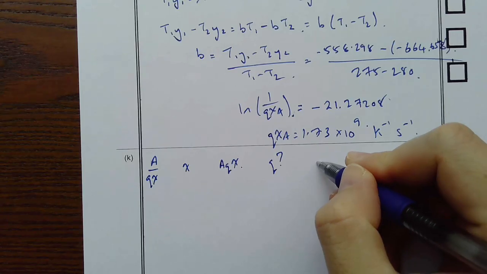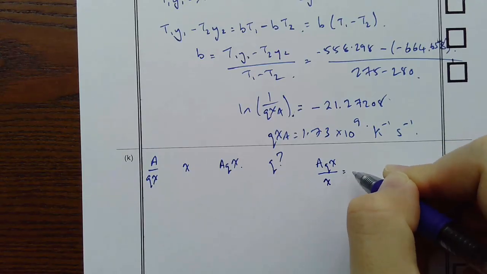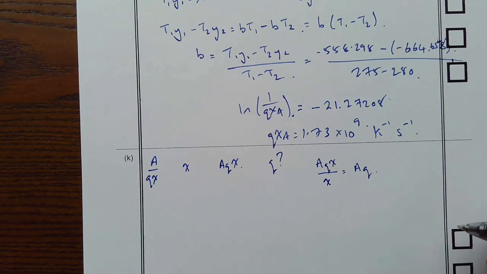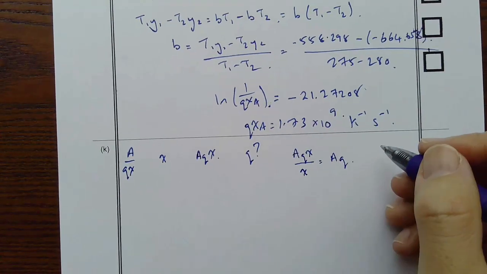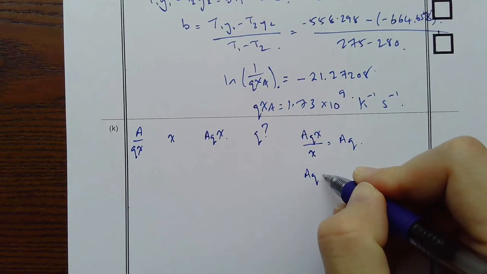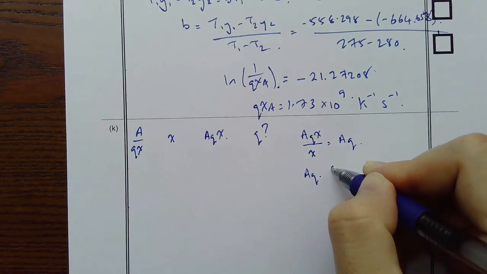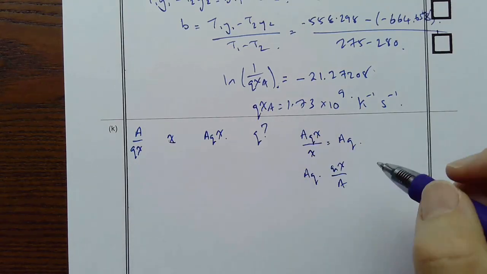Let's say if I do A Q chi divided by chi is going to give me A Q. I need to get rid of the A. So if I do A Q multiplied by Q chi over A, which is this turned upside down,